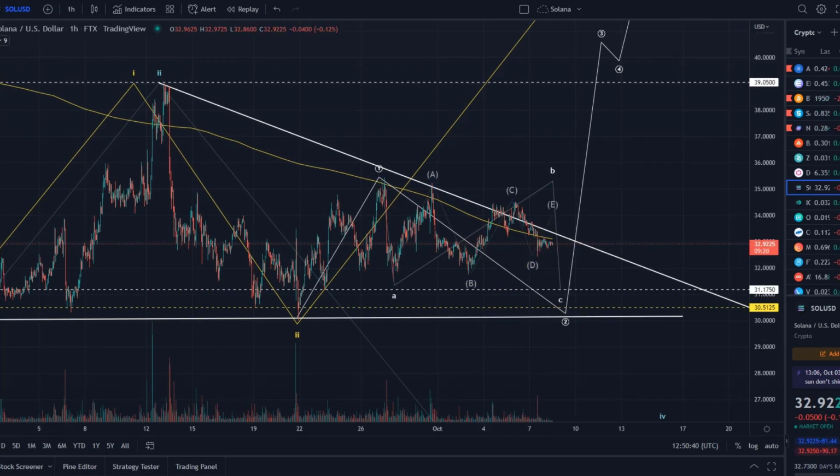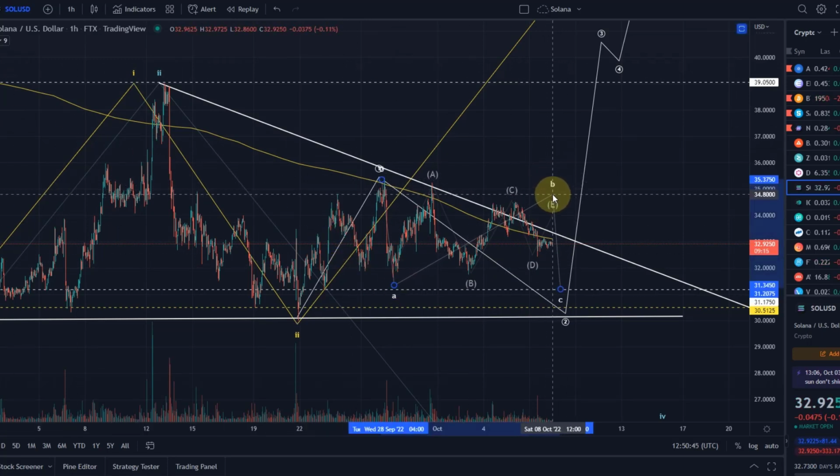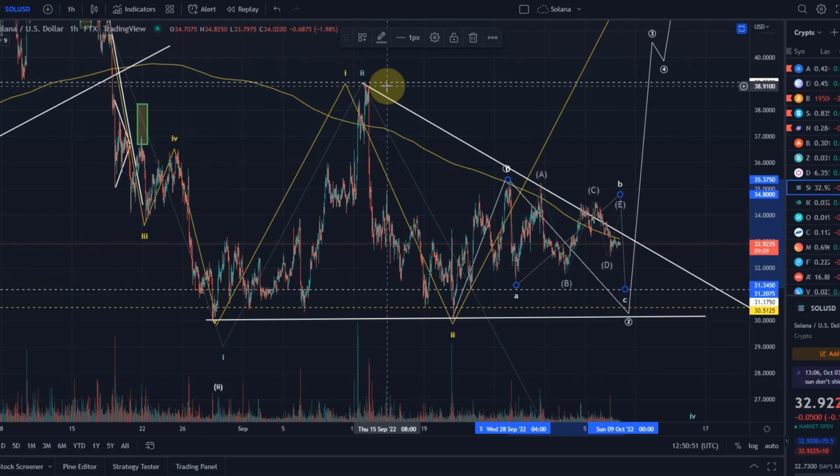You can see that we are forming here in the lower time frame a triangle in this sort of wave B. We can understand it as a wave B at the moment, A, B, C, where we come down short term a little bit lower. Let's say if this is the bullish count, 1, 2, 3, then in the wave 3 we've got a 1, 2 setup, and in the wave 2 we have a triangle count here, A, B, C, and the wave B